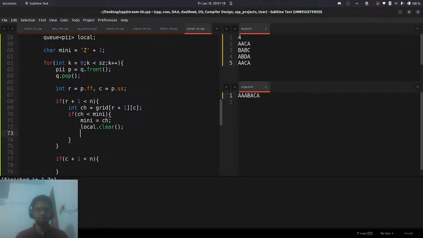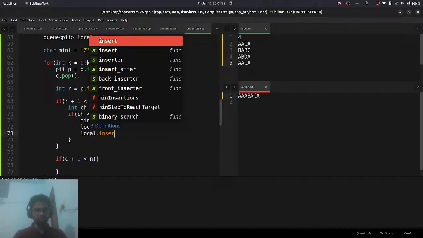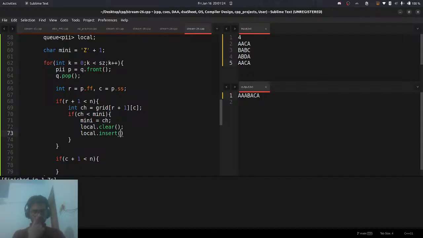We will clear local, and we will push, I will insert, but this clearing might take big O of n. So what to do? I wanted to discard